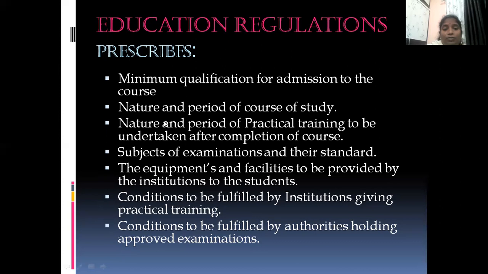So what is B Pharmacy, D Pharmacy, Pharm D, or M Pharmacy? What is the nature of the course, and how many years? D Pharmacy is 2 years, B Pharmacy is 4 years, and M Pharmacy is 2 years. After completing the 4-year degree, they have to pursue M Pharmacy for 2 years. Okay, PhD, what is the PhD course period?